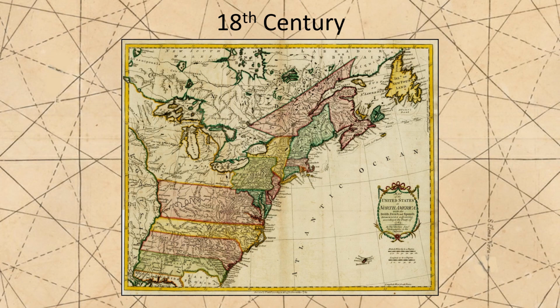Initially, the British colonies, which later became the United States, were limited to lands east of the Appalachian Mountains. With the victory in the French and Indian War in 1763, the British got control of all of North America east of the Mississippi, except for New Orleans and Florida. At that time, the American West consisted of the Trans-Appalachian region.